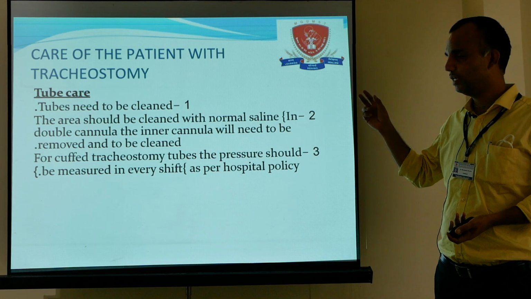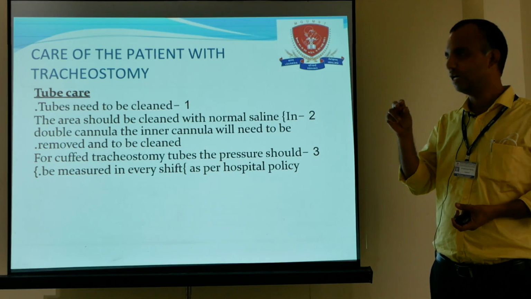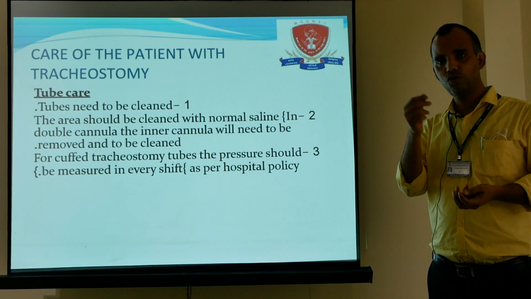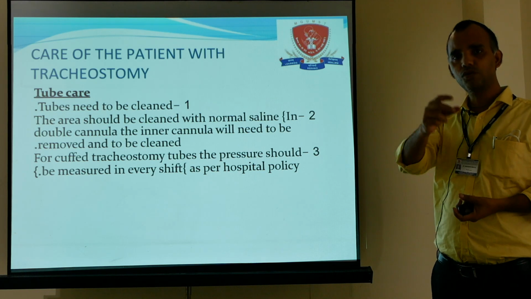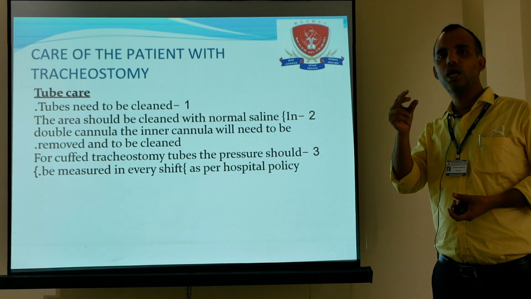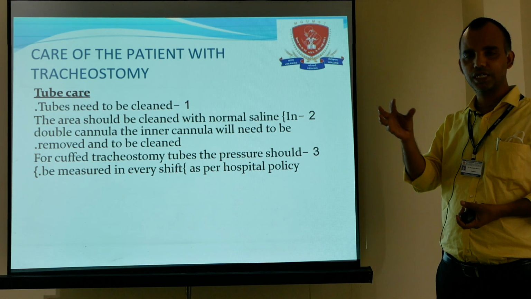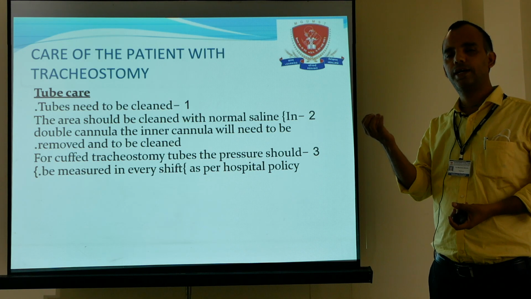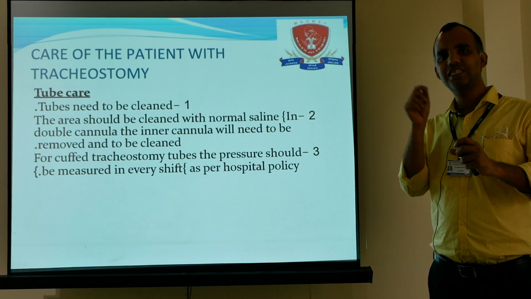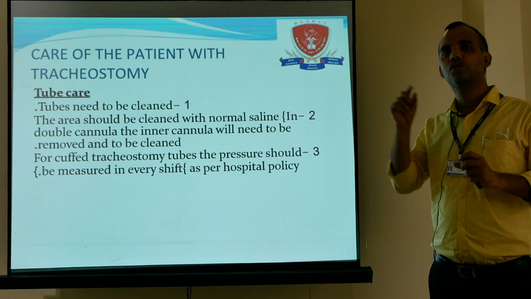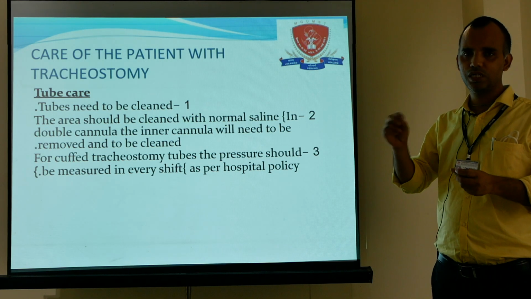Generally in the metal tracheostomy tube we find that there is an outer cannula and an inner cannula. Here also we have to adopt a sterile procedure. We remove the inner cannula and soak it in hydrogen peroxide solution, because the thick secretions will be loosened. After that, with a cotton tipped applicator, we clean the inner cannula, and after thorough cleaning, we put it into the normal saline bowl and clean it with the normal saline.